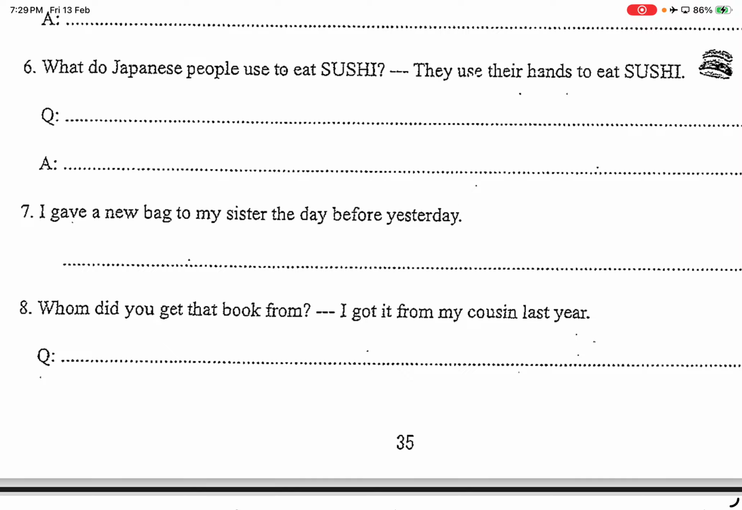It can be onee-san or imouto-san. We don't have a general word for sister, it doesn't matter whether younger or older. I mean, in Chinese we have 姐妹 but we don't have a general sister, right? Same thing. So she used 姉。姉さん、お姉さんに新しいカバンをあげました。Okay, I repeat one more time. おととい、お姉さんに新しいカバンをあげました。